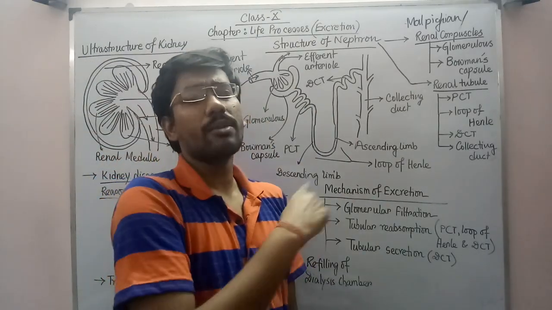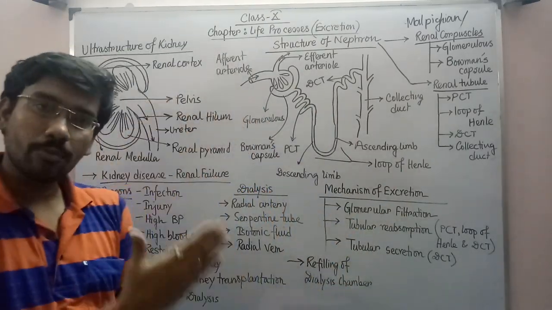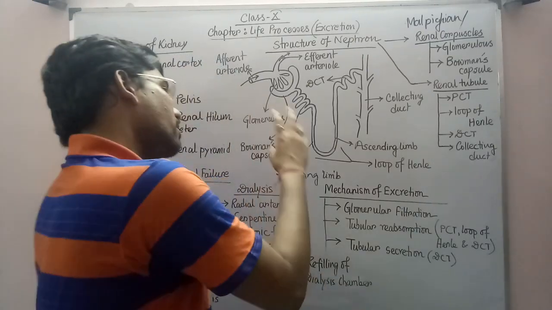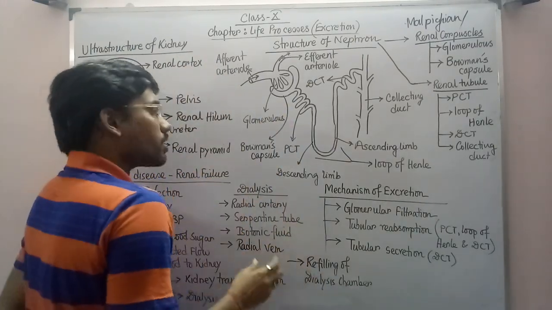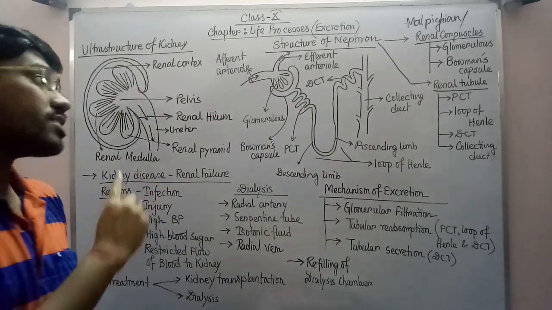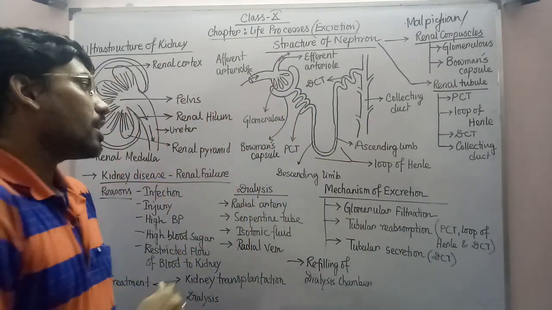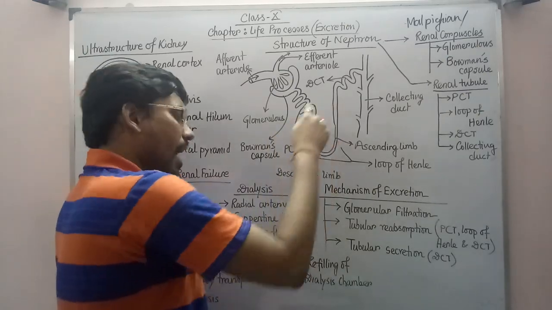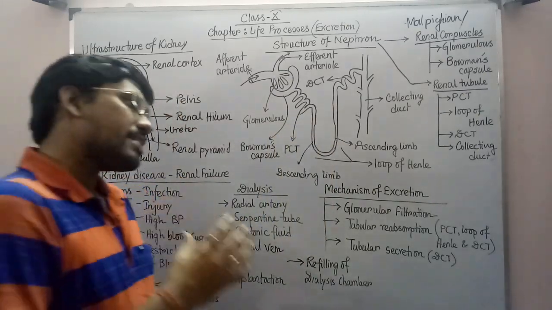That exchange is always happening between the renal tubule and the blood vessel. So whatever essential substances there are, including the water, will be reabsorbed from the PCT portion into the blood vessel, which is wrapping that PCT. After that, if you see this descending limb and ascending limb of the loop of Henle, specifically keep it in